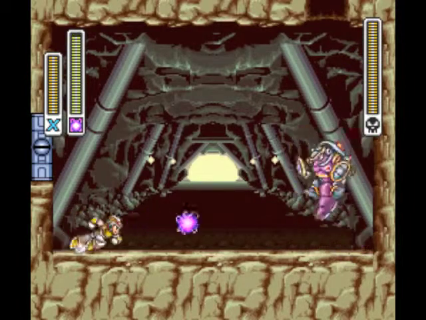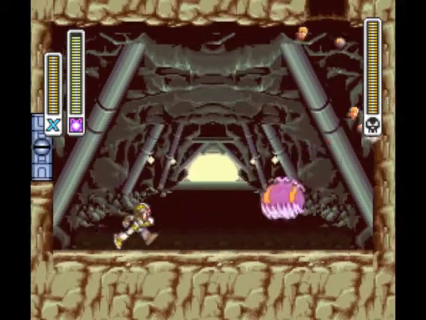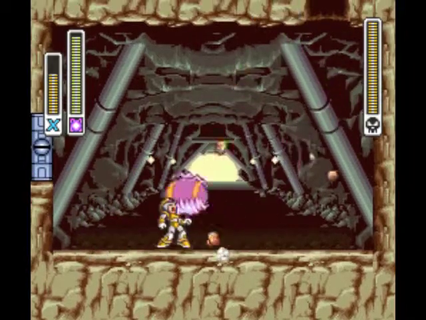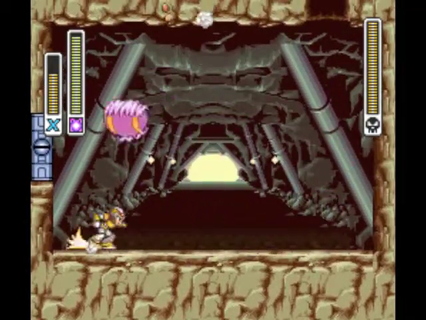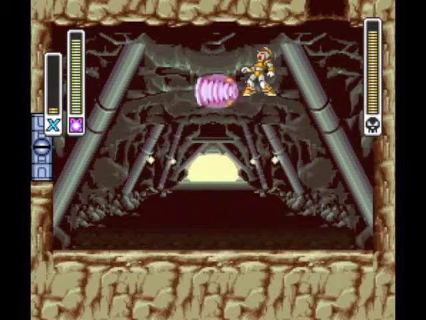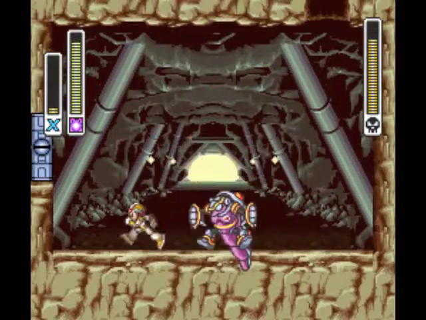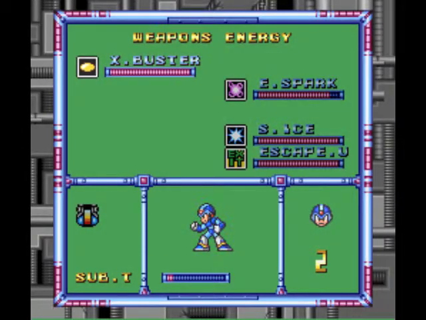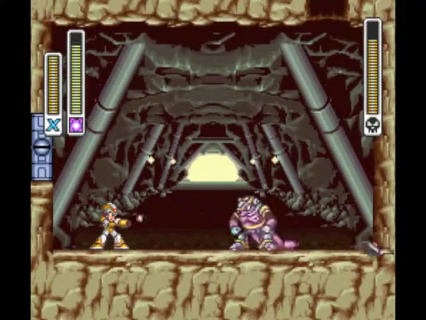Now we will be fighting Armored Armadillo. I don't really like this boss very much. He just bounces all over the place, and it's hard to dodge, and it's annoying to dodge. And he's doing it again. I'm gonna use sub tank right here. I really don't want to die. Fail. Yeah. Well,